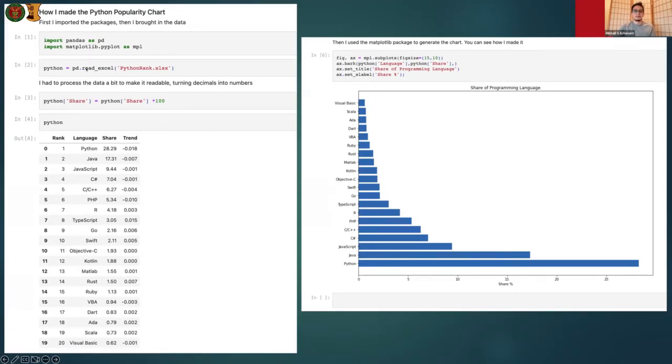I'm using pandas to read in an Excel sheet that had this data in it. And then I'm telling you how I manipulated the data and then showing you exactly how I produced that chart. So this is super simple. They can get pretty complex and very long, but you get the idea here.